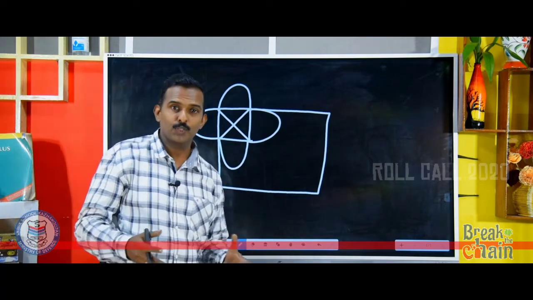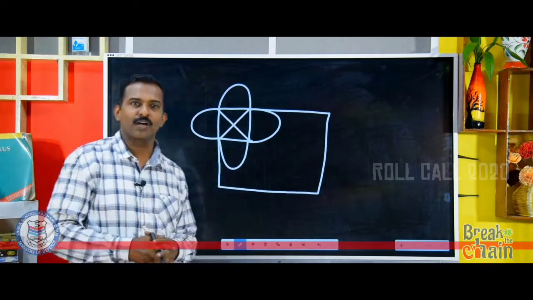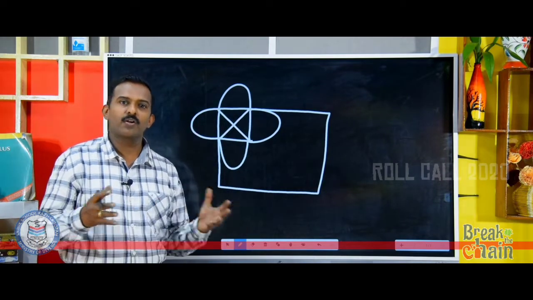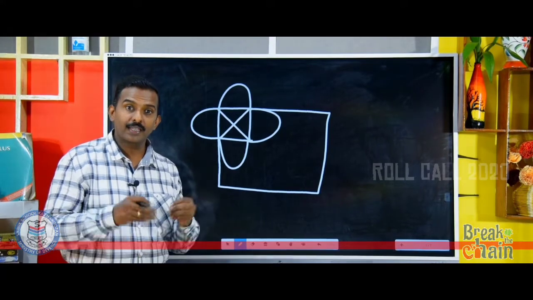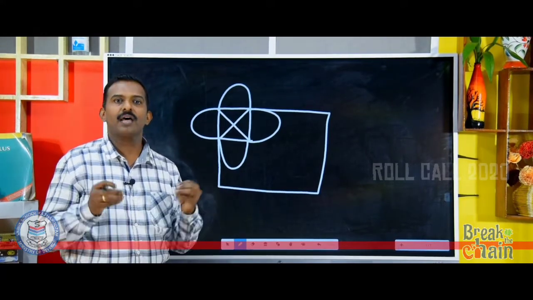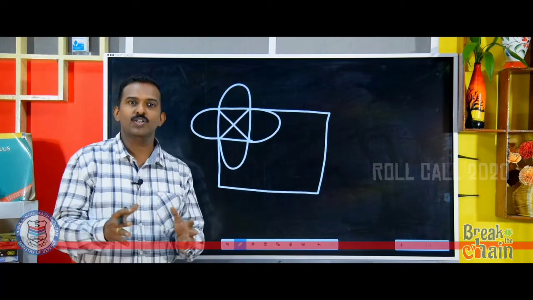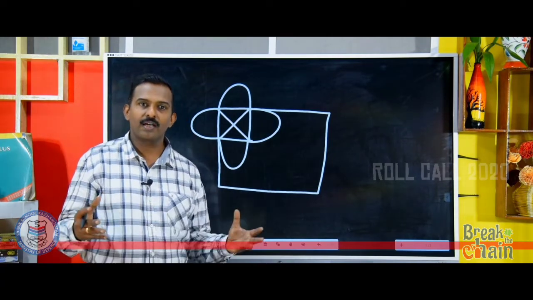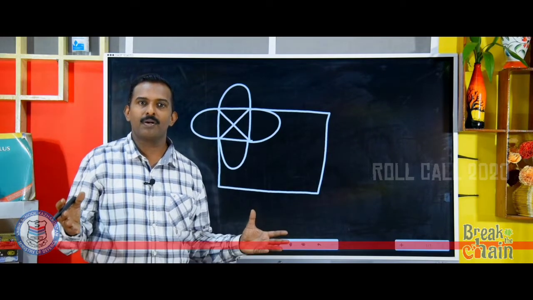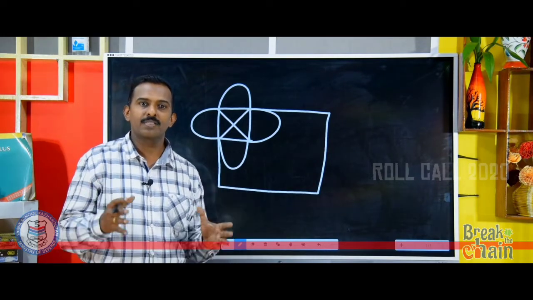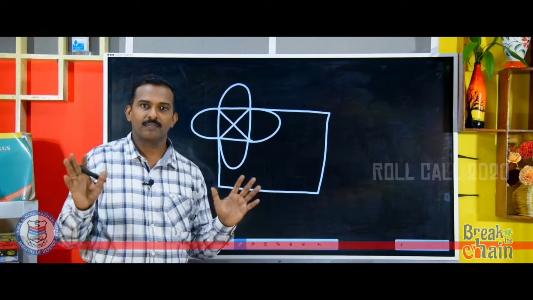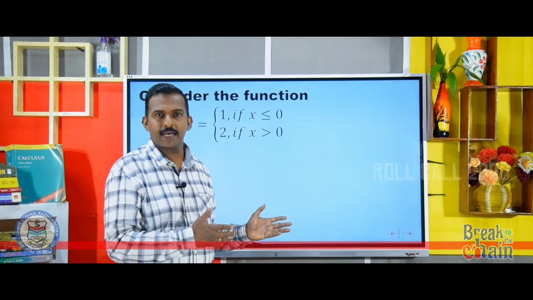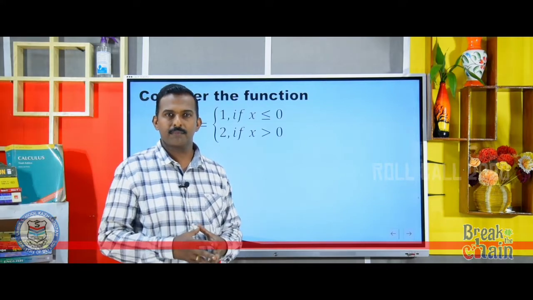Now, why I took this picture is just to explain the concept of continuity. Continuity is nothing but anything that you can draw continuously without taking the pencil from the graph, that is continuous. And so is a function. A function is continuous if you can draw the graph continuously on a paper without taking the pen or pencil from the graph paper. Let us go through continuity of functions by taking some examples. We will start with some examples.